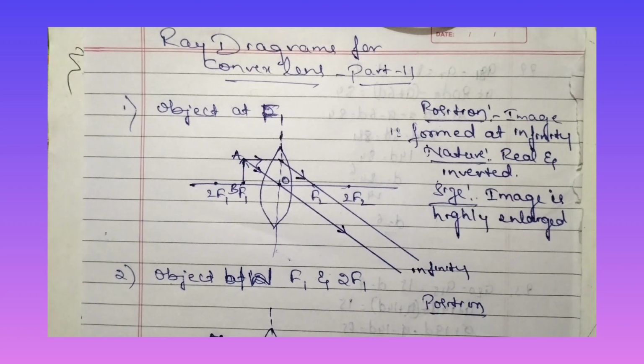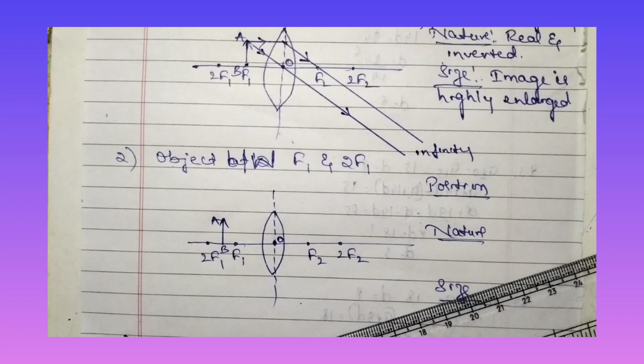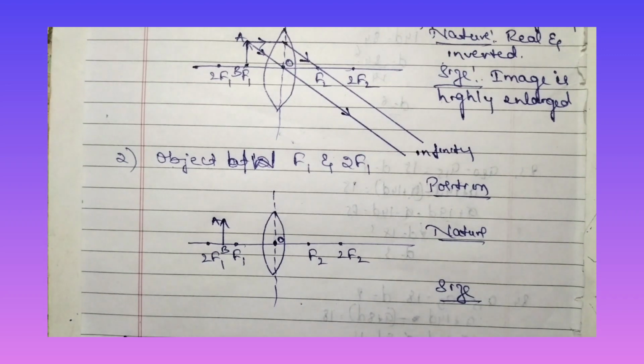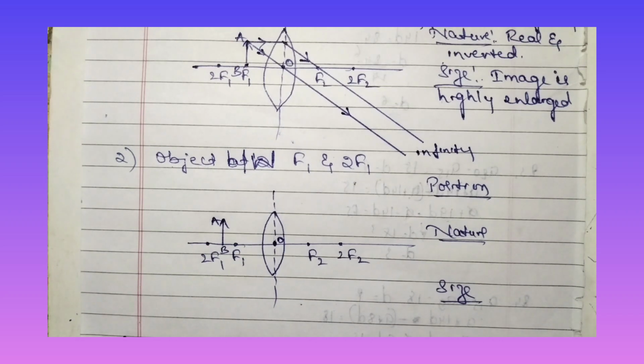Now let us move to the second position, when the object is kept between 2F1 and F1. Let us see what happens when the object is kept between 2F1 and F1. Please recall for the concave mirror: when the object is kept between center of curvature and principal focus, the second position, the image will be formed behind C. Here the image will be